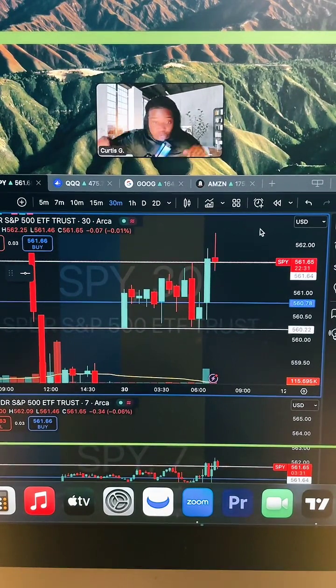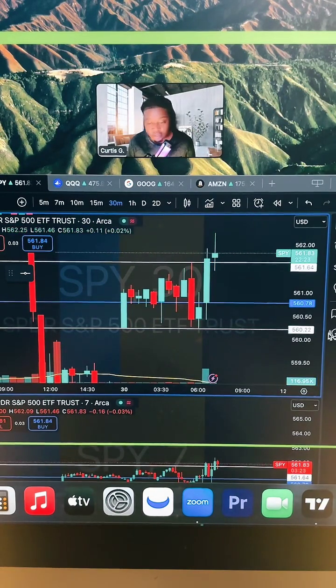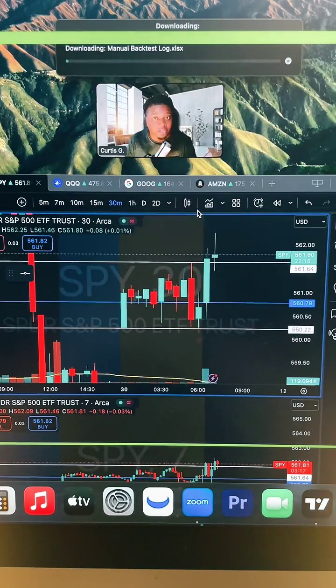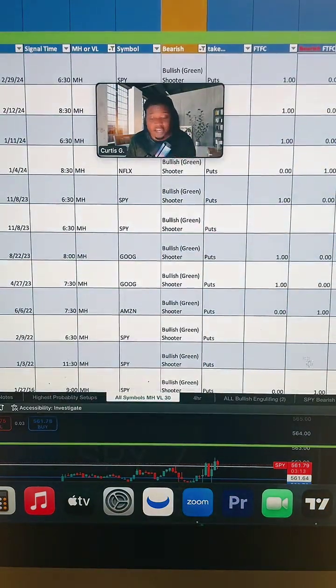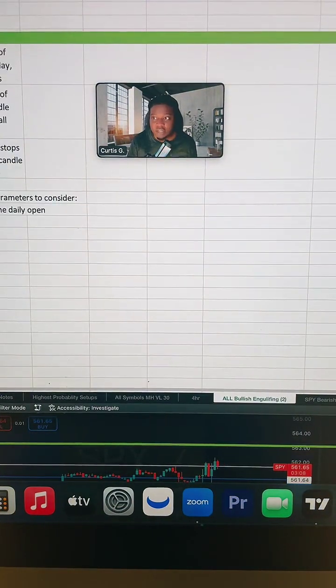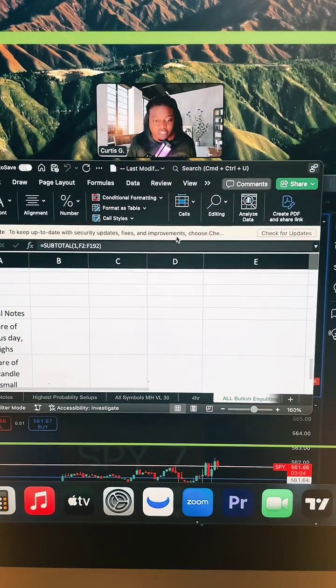All right, so you guys bear with me for a second. We're going to take this step by step. What we're going to go over right now is my strategy for bullish engulfings, right? So the first thing I want to show y'all is my back testing log. Now, I'm not going to front. I didn't make this up, but I'm very proud of it because I discovered it on my own. So here's my back testing Excel sheet. Let me bring it down so it fits within the view for TikTok.